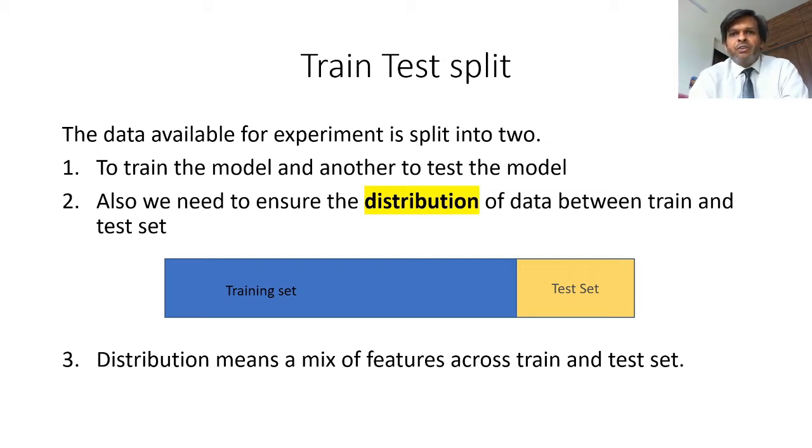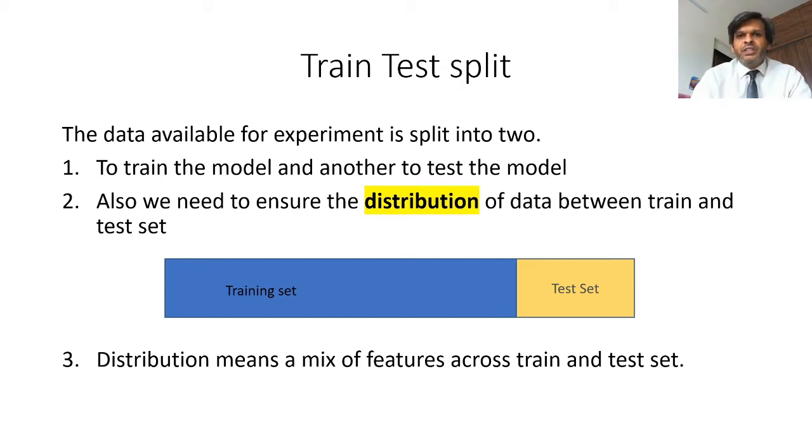To give you an example of what we mean by uniform distribution of features, let's take the Titanic data set. The Titanic dataset has various features like cabin class, sex of the passenger, whether the passenger survived or not. If we look at these features, we need to ensure that when we split this data between training and test, it has an even distribution of features. Both the sets should have an equal proportion of, say, male and female passengers, and equal proportion of passengers who have survived or who have not survived. That is important so that our training model has the right proportion of all kinds of data.